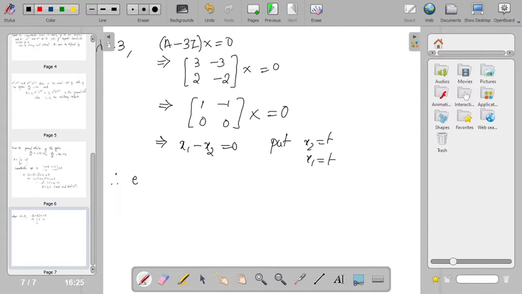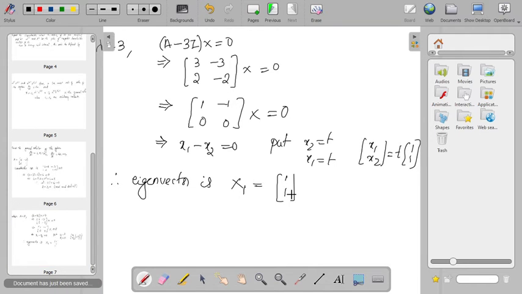So therefore the eigenvector, you have x1, x2, that will be t times 1, 1. So the eigenvector, let us call it capital X1, will be the vector 1, 1. So that is the first eigenvector. Now